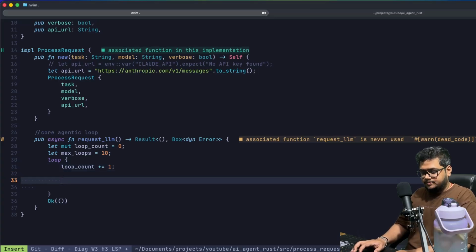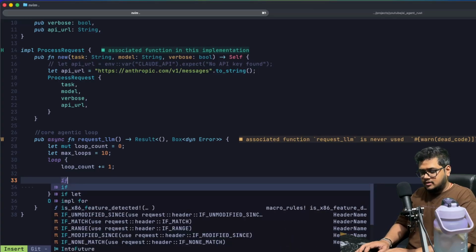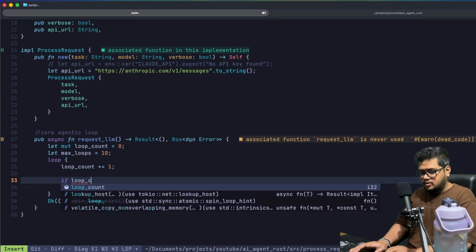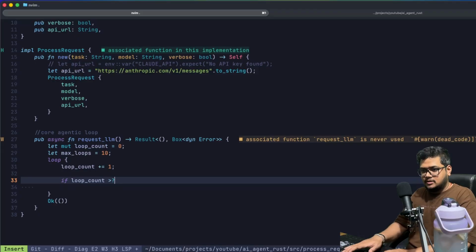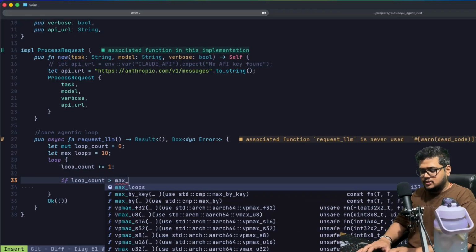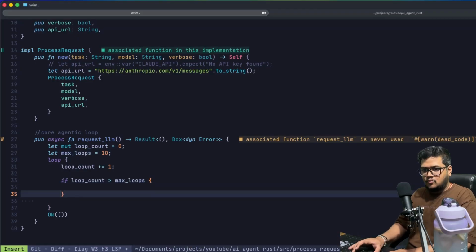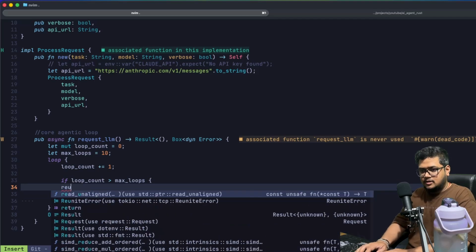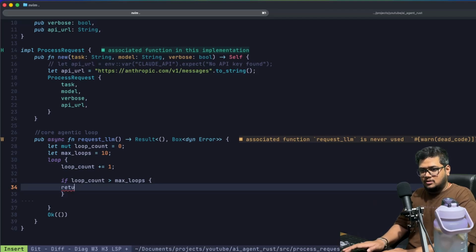And maybe we can just say if the loop count is greater than max loops, I want to return an error from here